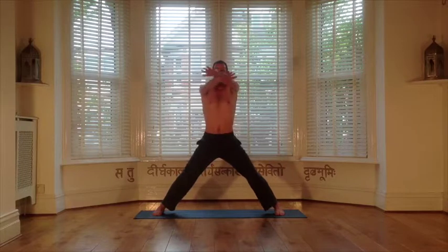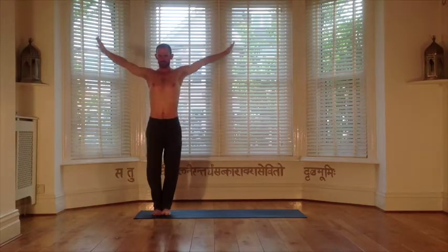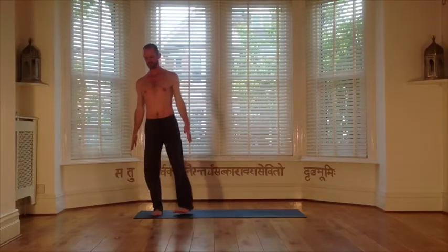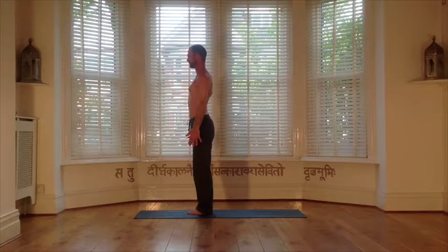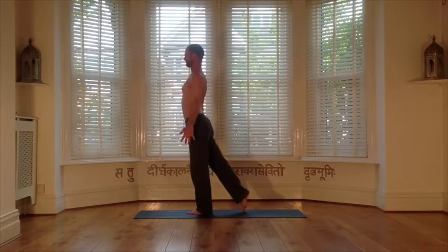Okay, completing warrior 2 now, circling the arms once again above the head, and then taking a step back to your mountain pose. Ready now for the balancing postures. So it's an inhale to turn to face the head of your mat, and an exhale to ground yourself into your mountain. Our first posture is flying warrior, so we step the right toes back on the inhale, lifting into